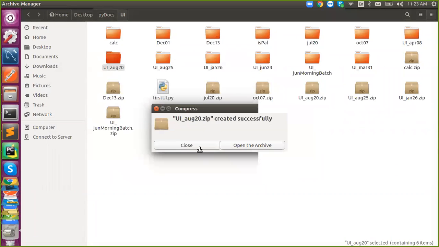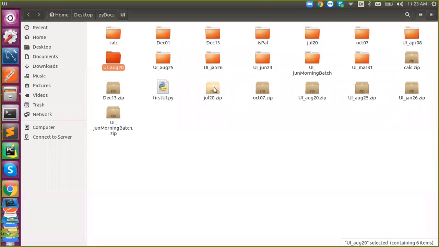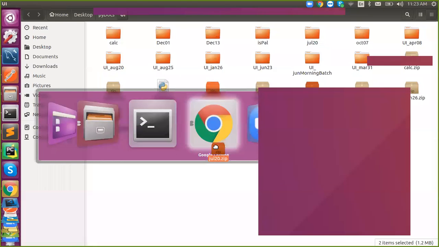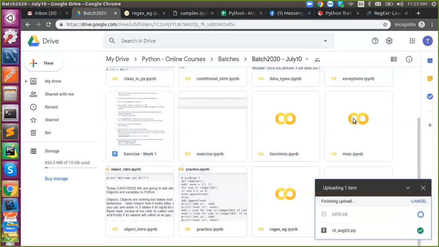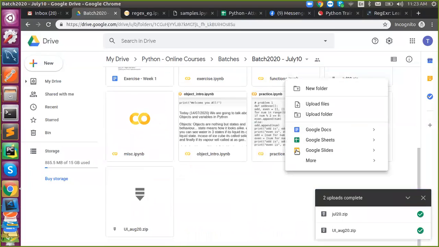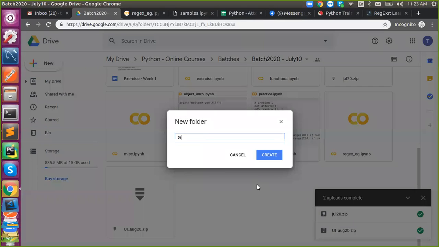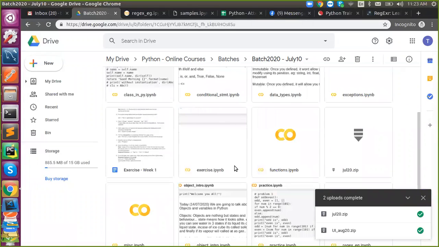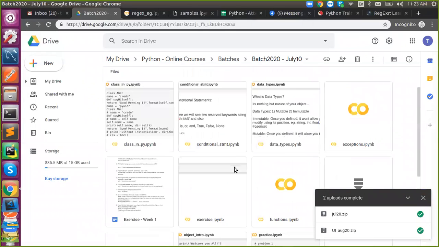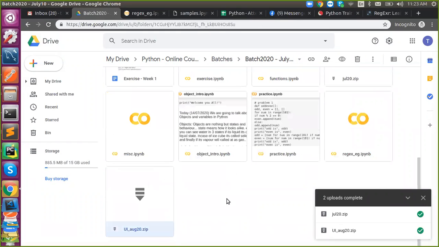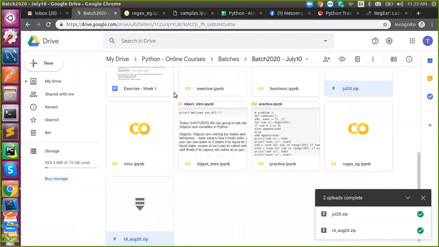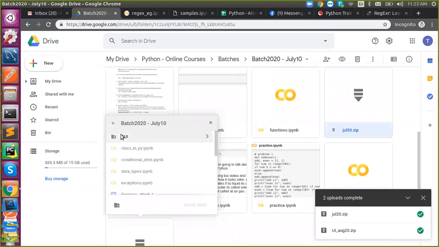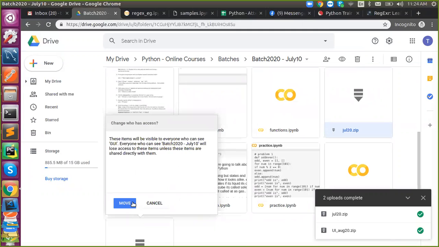So just try that UI stuff. This is what I tried. I will create a folder too, so I will say UI. You will find it under GUI.